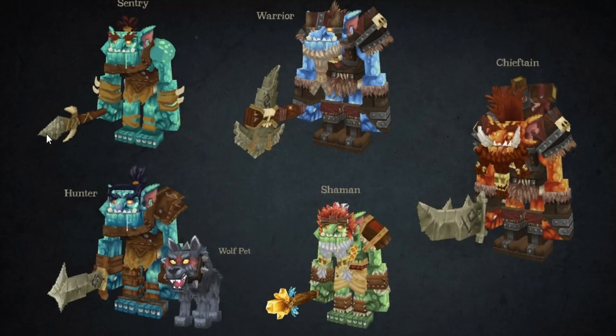We have a spear from the Century. We have a warrior. We have the hunter sword. Okay, so the warrior obviously gets the axe. Hunter gets this triangle stabby thing. I don't know, it's kind of cool. Shaman, which I believe will be like the wizard of the